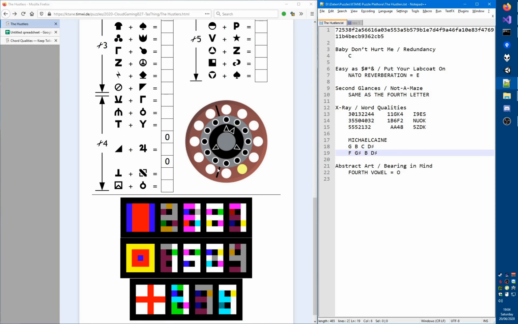So let's find that out. F would be here after the E, and that is indeed the L of Michael, so that gives us an L. And then we have Foxtrot Sharp, Golf, Golf Sharp, so Golf Sharp is the 3rd letter of Caine. Alpha, Alpha Sharp, Bravo, the 1st letter of Michael. Charlie, Charlie Sharp, Delta, Delta Sharp. And that is the letter in Michael that comes before the E. We get Lima. So that is an L, and with that, ladies and gentlemen, we get the answer, which is